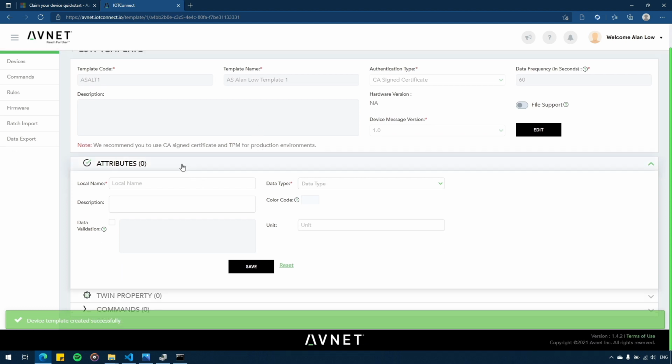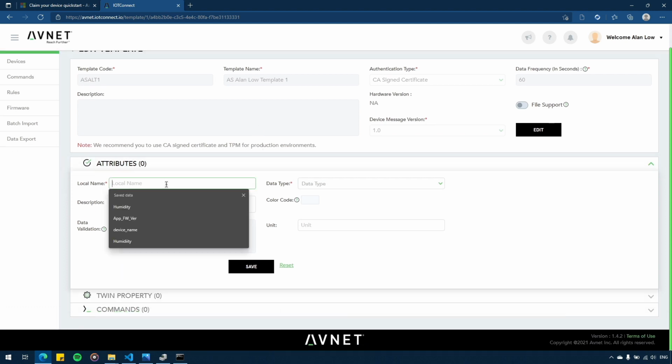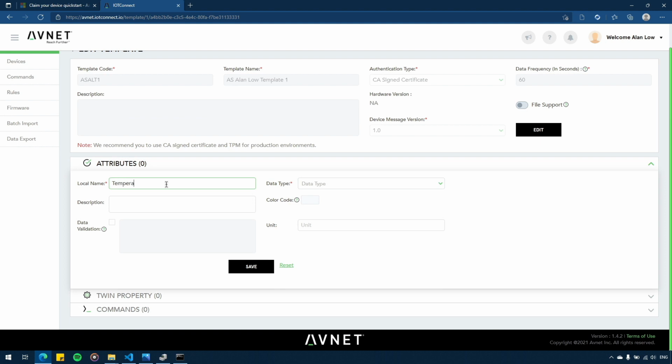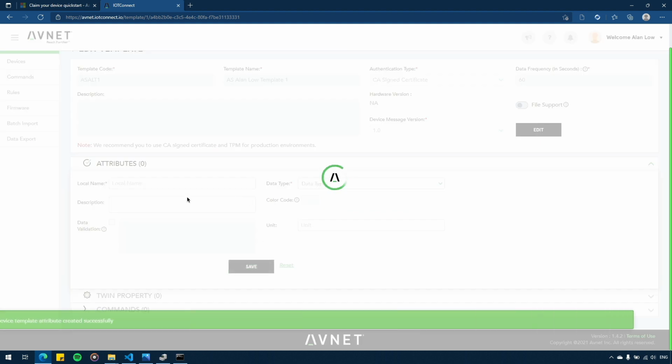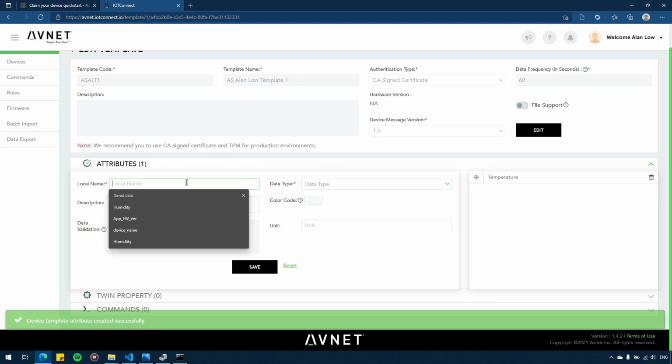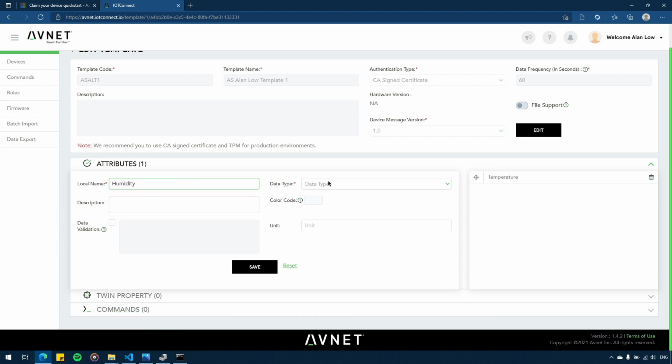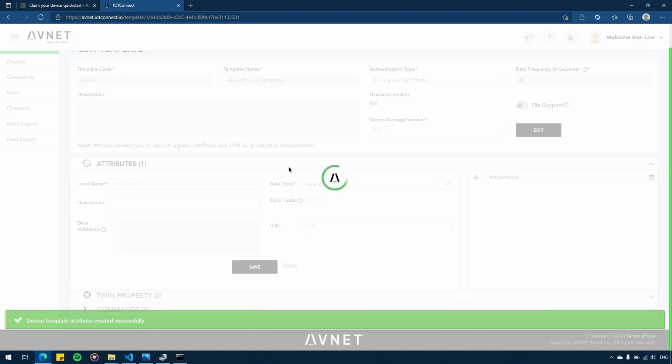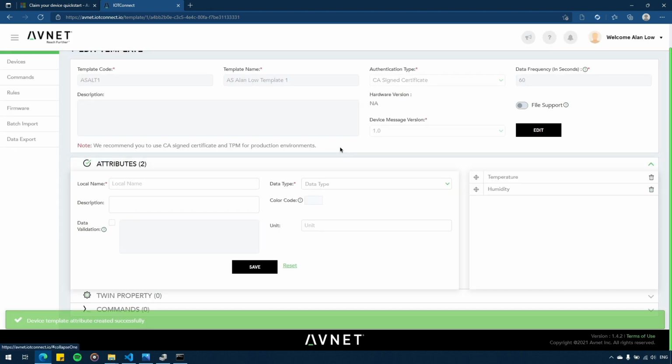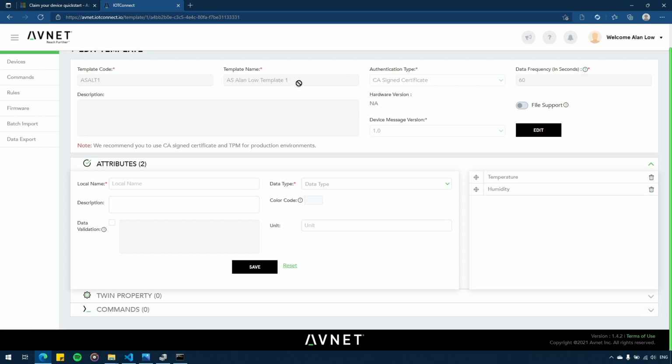and we need to add two attributes to the template. First one will be temperature. Data type will be number. Click save. Next will be humidity. Data type number. Click save. Okay, now we have created a template with the name AS Allen Low template 1, and it contains two attributes,